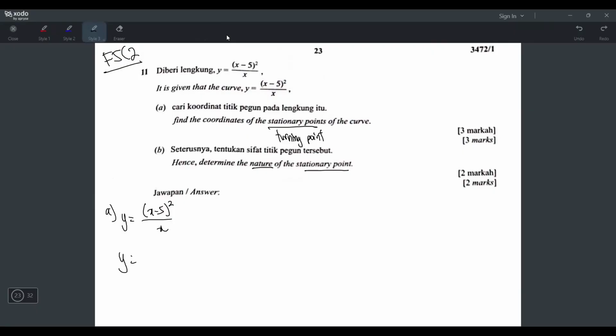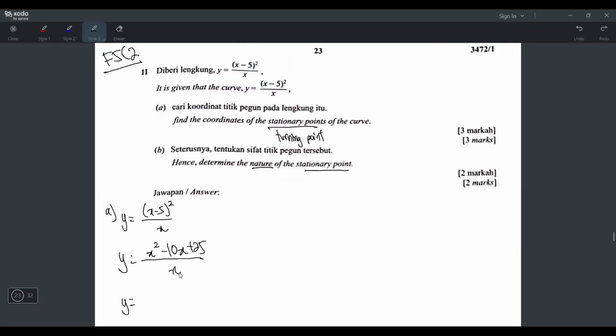That's why I didn't end up using the UV. Okay, so first I will expand the top here first. When you expand, you take x squared, then x times negative 5 times 2, so negative 10x, and then negative 5 times negative 5, positive 25. That's how you expand. And after you do this, you still cannot differentiate yet because the x is at the bottom, but